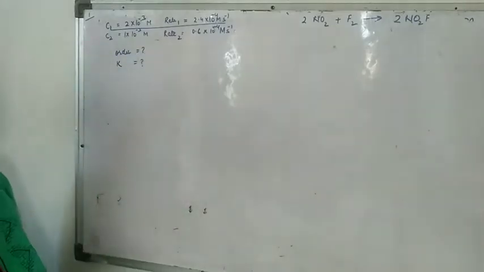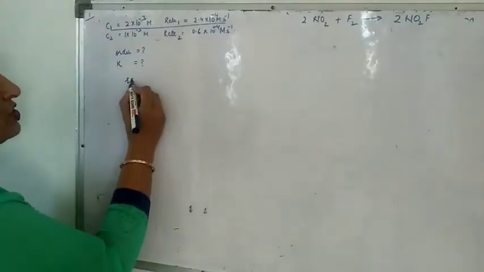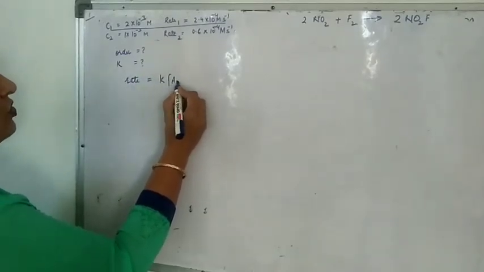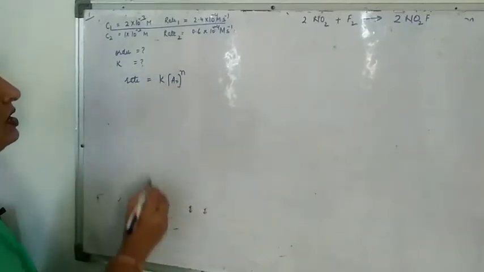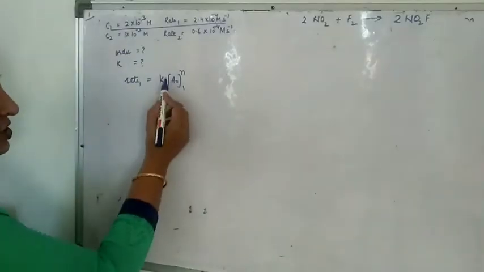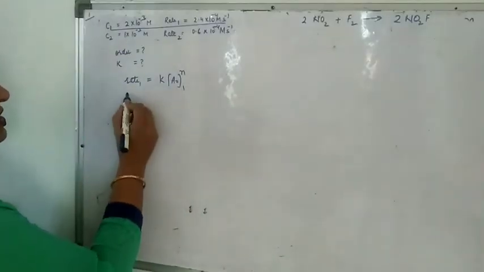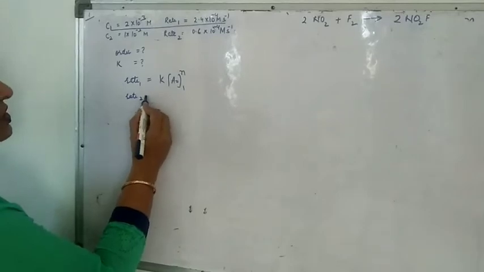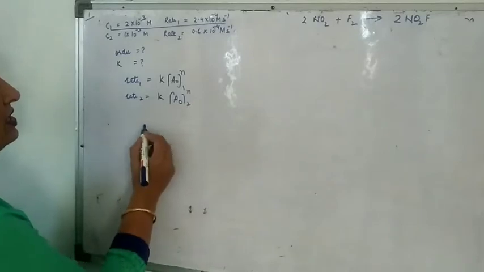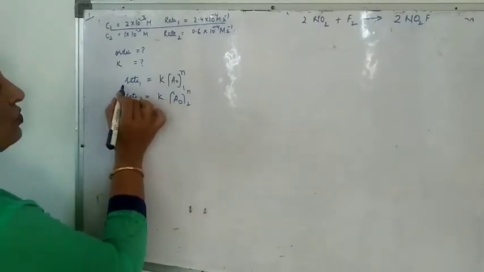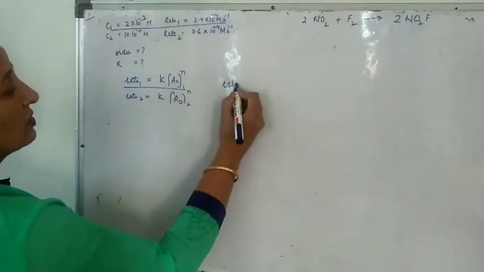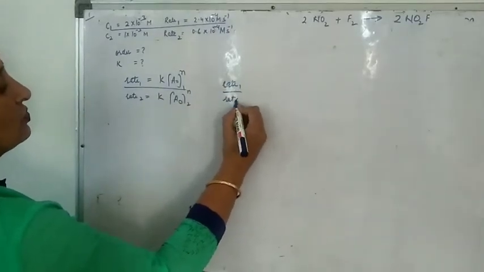We have to find out the order, so let's write down the rate equation. Rate is equal to K into concentration of A naught raised to power N. For the first case, rate 1 and initial concentration 1. For the second case, you can again write down rate 2 is equal to K into A naught 2 raised to power N. Dividing rate 1 by rate 2, K cancels out, we get rate 1 upon rate 2